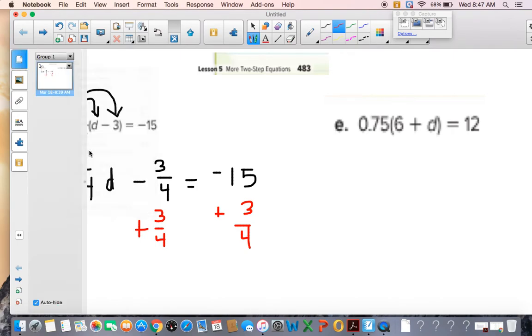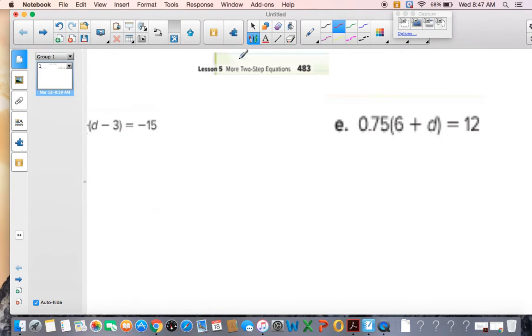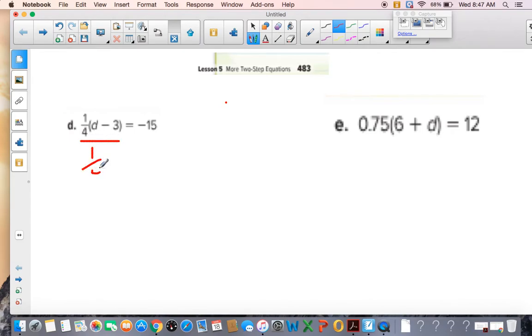So I am going to clear what I've written, and with an open mind, let's try the other strategy, where we are multiplying this quantity, d minus 3, times 1/4. So the inverse operation here would be to divide both sides by 1/4. So that cancels out here. That leaves us with d minus 3